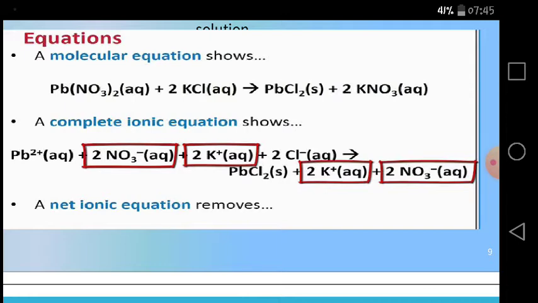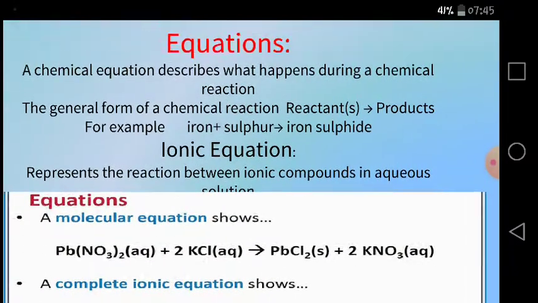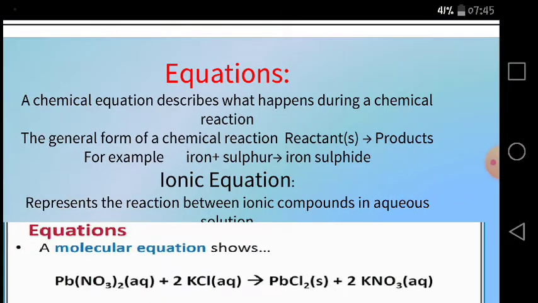A molecular equation shows you how the reactants are going to form the products. As you can see from this equation, lead nitrate is going to react with the potassium chloride and form the lead chloride and potassium nitrate. This is the complete ionic equation to show you what happened during the chemical reaction. So after having this understanding of equation, which is a chemical equation, describing what is happening during a chemical reaction,